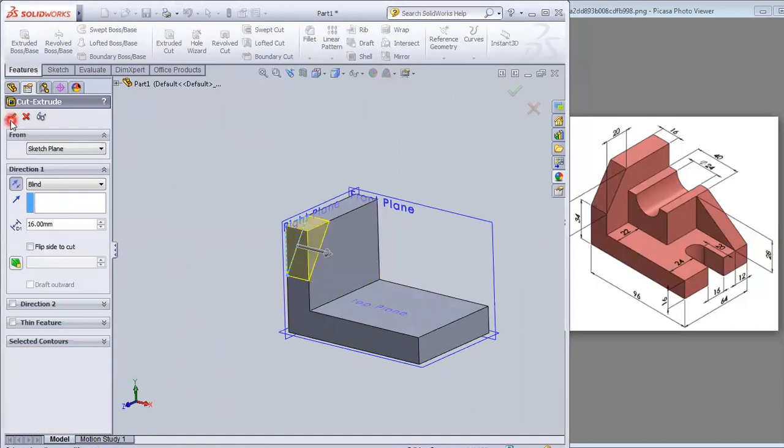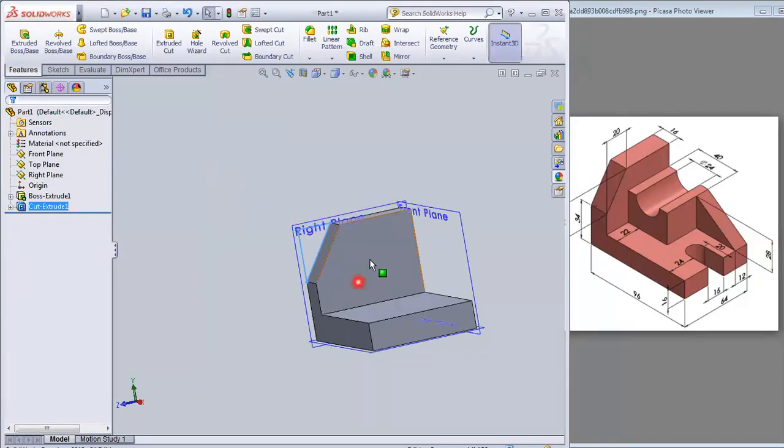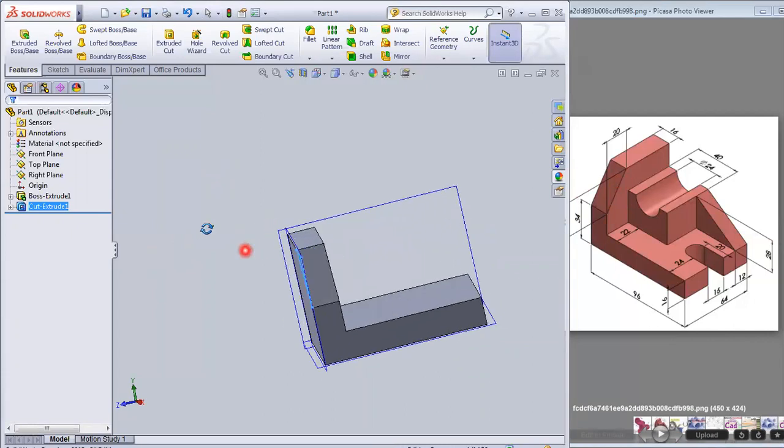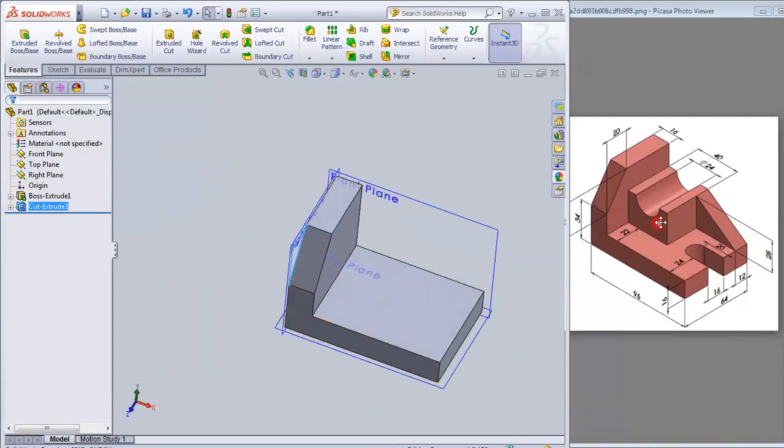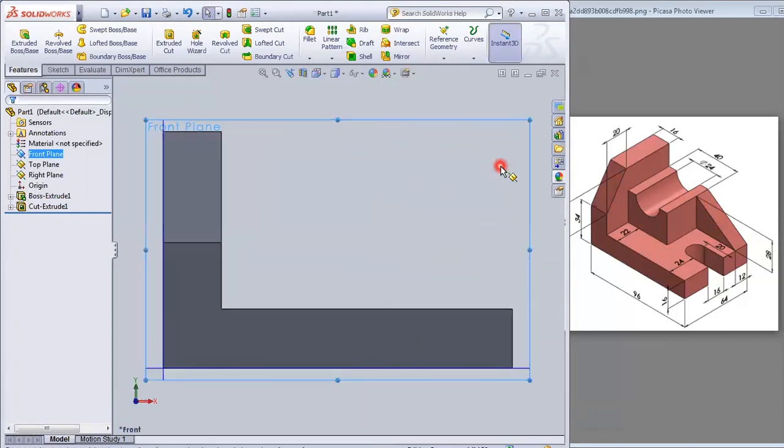Click OK. So I have got this section, right? This section has been created. Now I wish to make this section. Yes, this section. First of all, I'm selecting this plane, going perpendicular to this. Now see, this section has been started from here. Then there is a half diameter like this. So I'm trying to just draw this cross section at the end, at this plane, right?